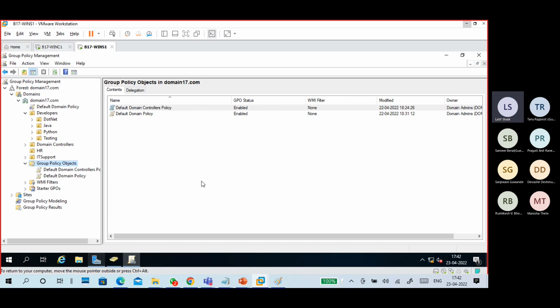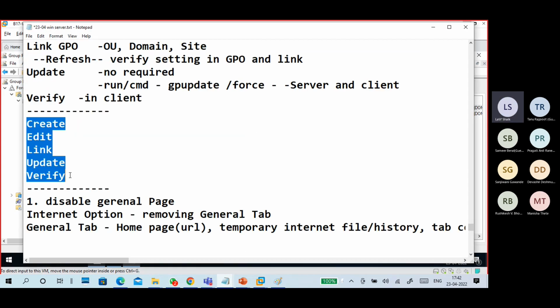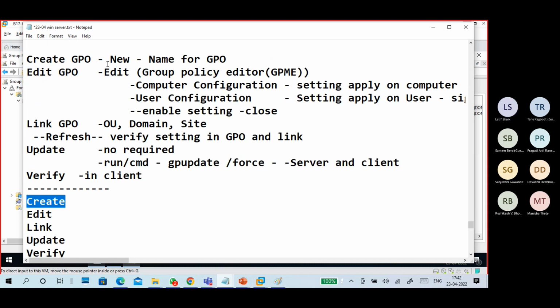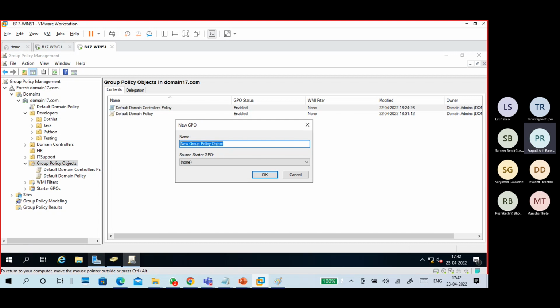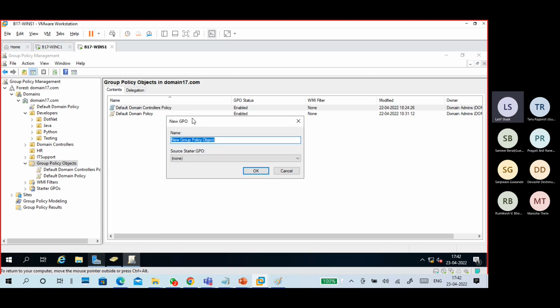Now, I want to create a policy, a GPO. How to create? Only 5 steps. Tell me these 5 things. What is the first thing you have to do? Right click on Group Policy Objects. New. Put some name. I'm putting IE